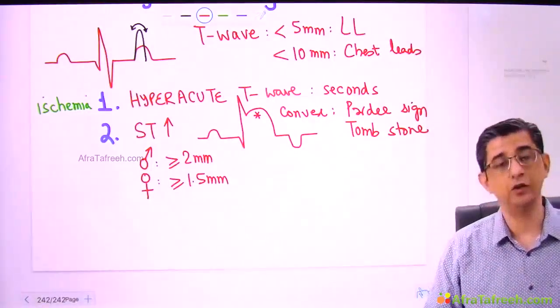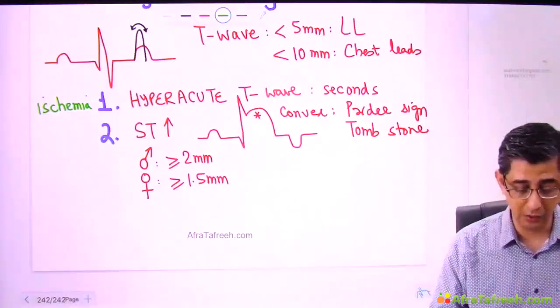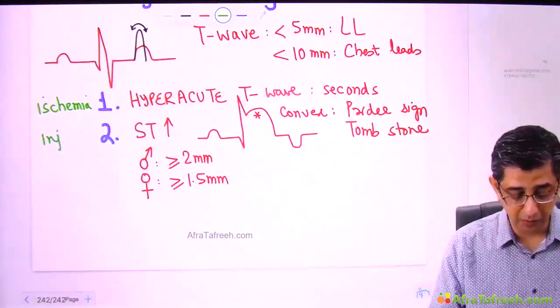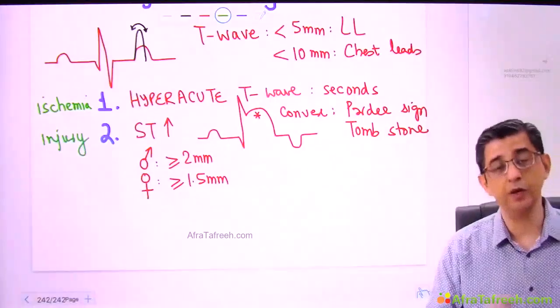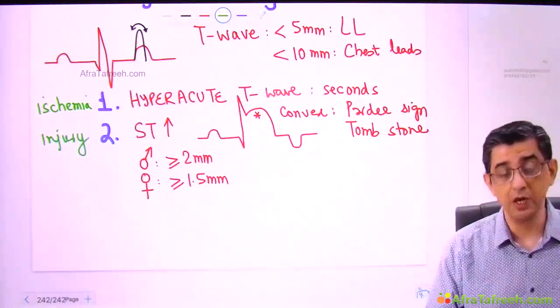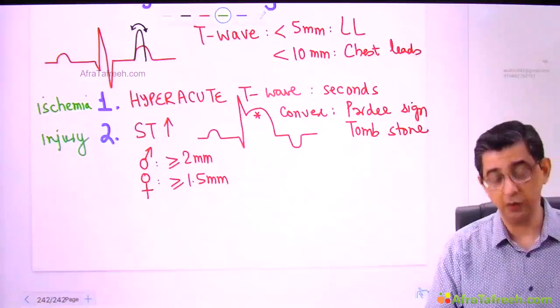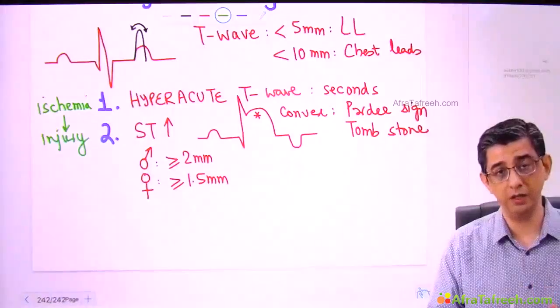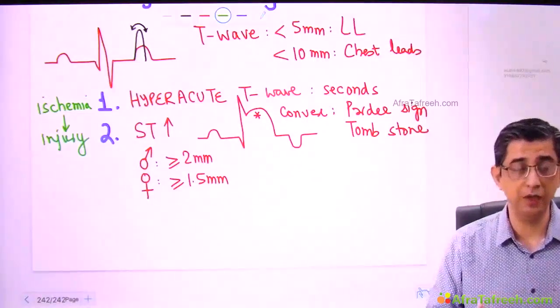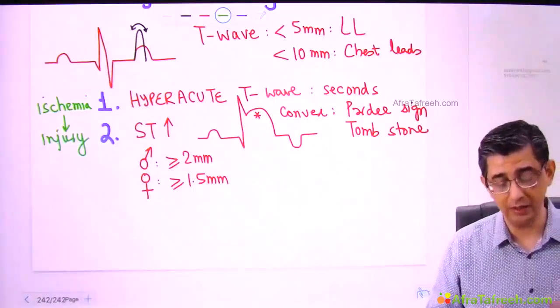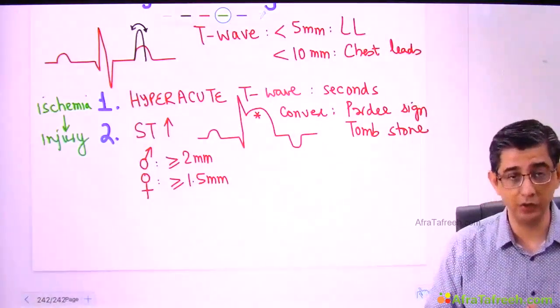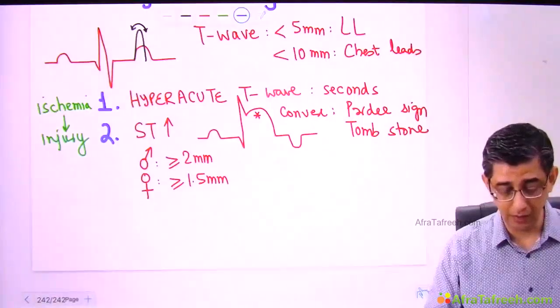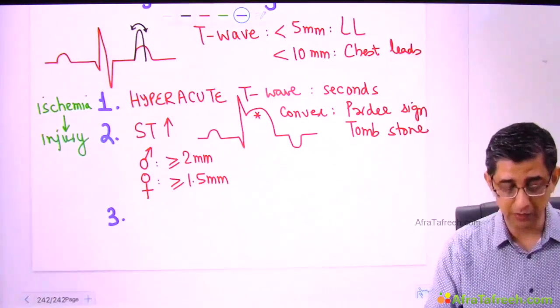But at this moment, the objective of the discussion is to sensitize you to the fact that if he begins the question by saying which ECG finding is seen in myocardial injury versus which ECG finding is seen in myocardial ischemia, then the answers are different. As you can see, first there will be myocardial ischemia, which will gradually become irreversible, and then subsequently injury will occur. That is when biomarkers will also begin to rise. And now let us look at what's going to happen subsequently, which is going to be cell death.